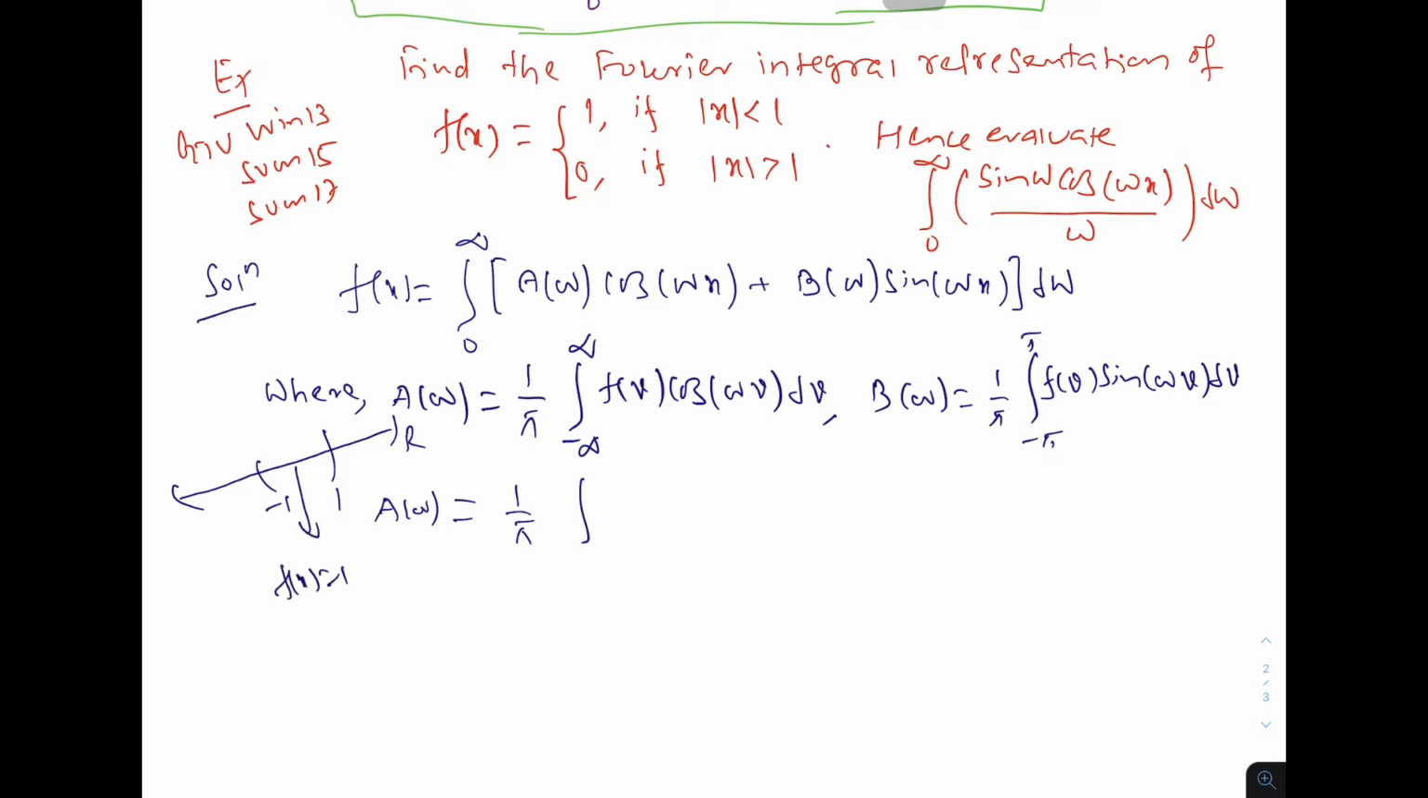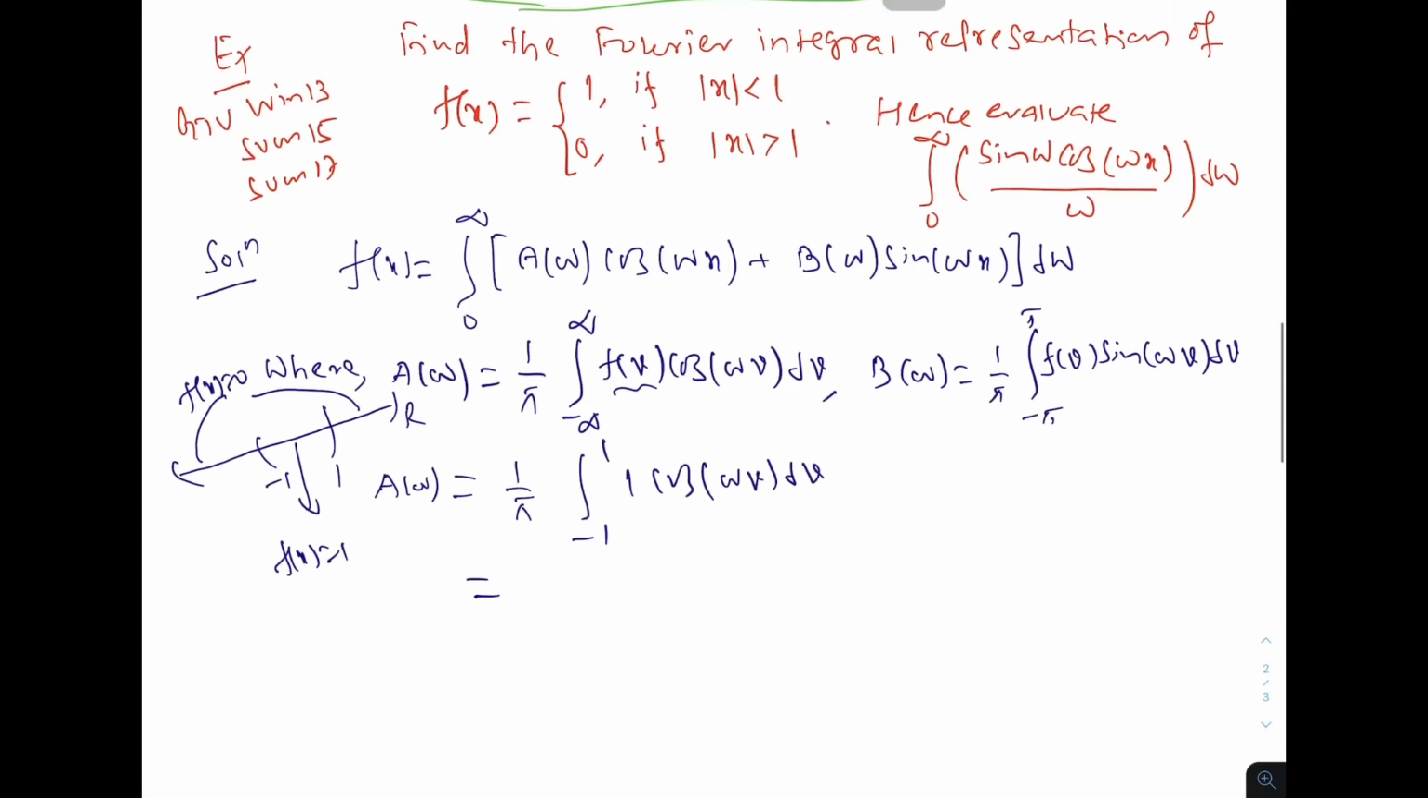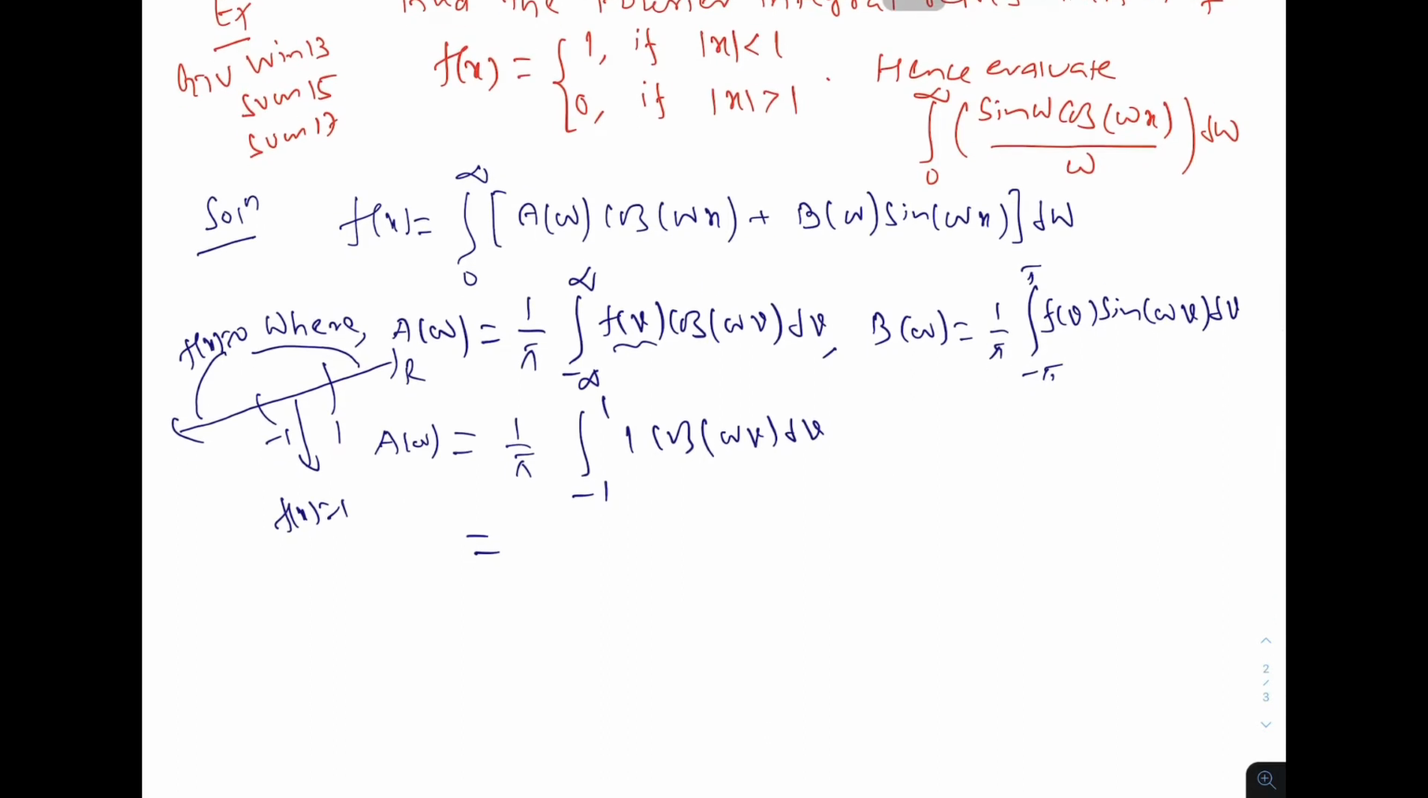If x is in -1 to 1, f(x) is 1, and in the rest, the value of f(x) is 0. So now the function has a value only from -1 to 1, because in the other part it is 0. So that is -1 to 1, and the value of A(omega) is 1 over pi, integral of f(v) cosine omega v dv. So this is equal to, now this is an even function, cosine, so we can write 2 by